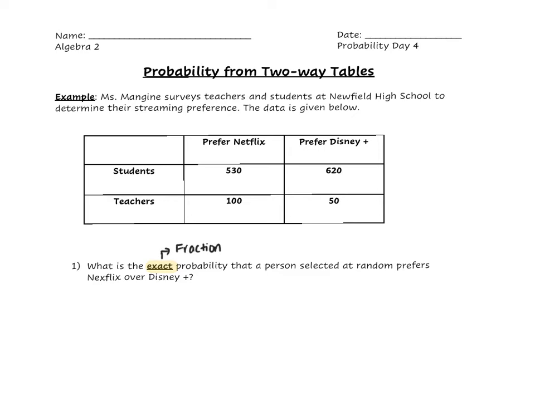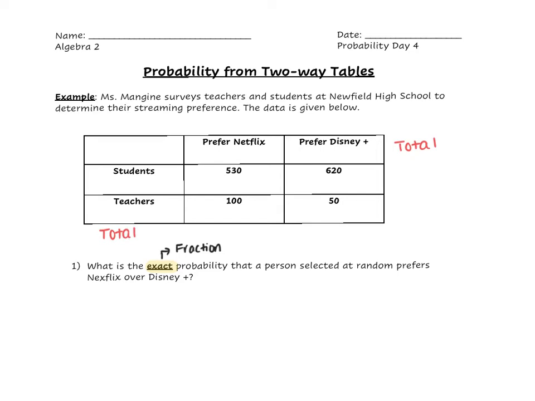Now, in order to answer this question, in order to determine a randomly selected person if they prefer Netflix, we need our totals. So if you notice in this two-way table, there's no total to the right and there's no total below. So sometimes they're going to give you a two-way table that's incomplete. So it's going to be your responsibility to complete it. So we've got total down here